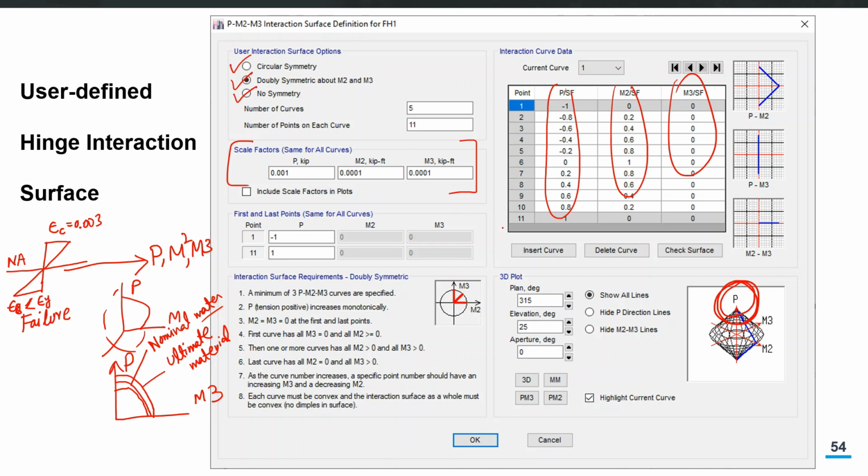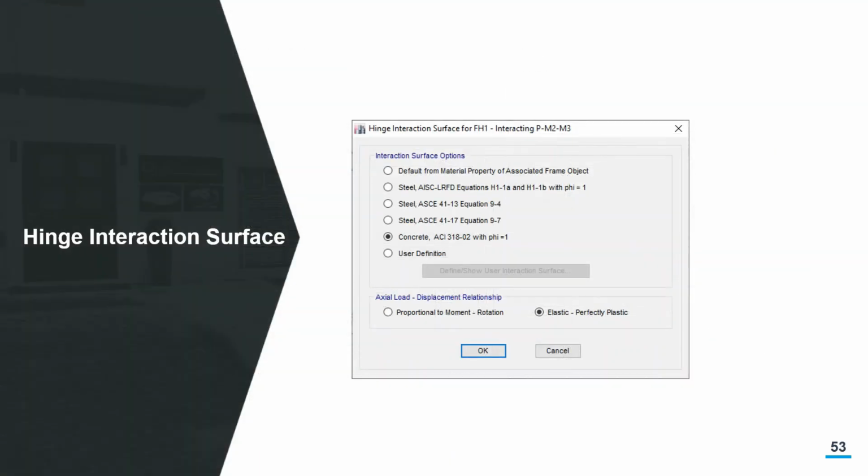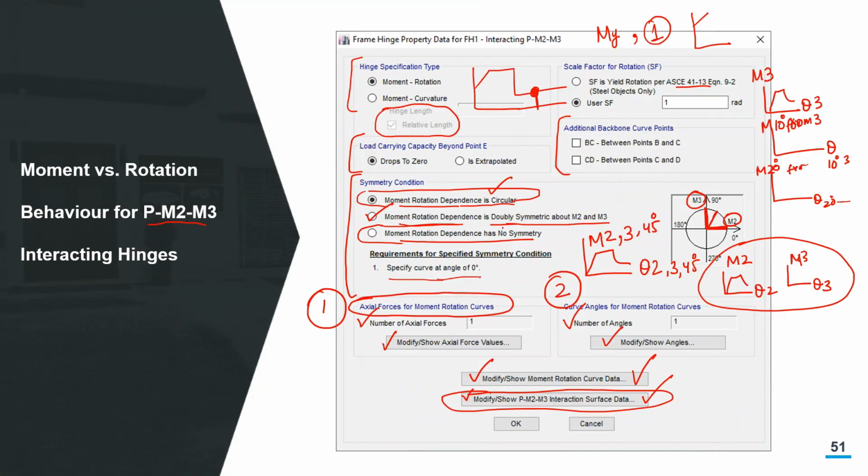You need to know the change in the m theta curve based on the level of axial force and based on the angle or orientation of the moment and corresponding rotation. So P and angle are the two parameters which will modify your m theta curve plastic hinge input.